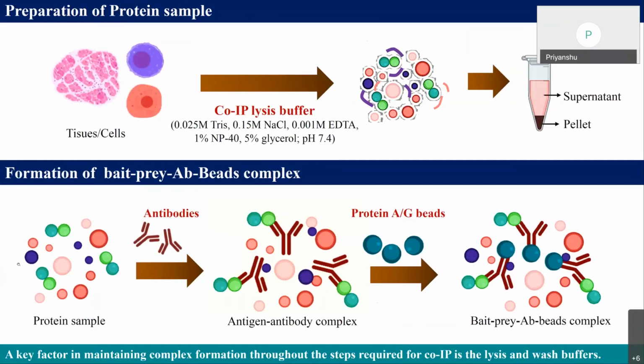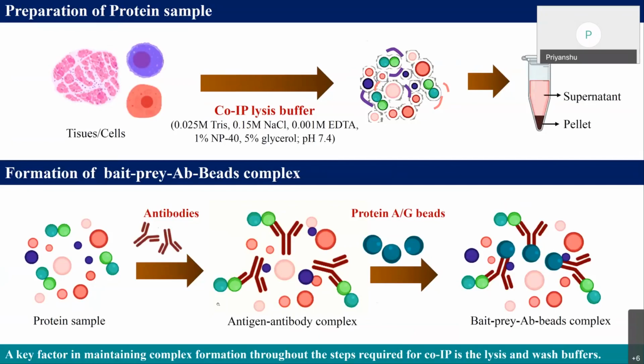After that, you incubate it with a specific antibody. Like here, you can say an antibody against X protein. The incubation timing is again an optimization step. If a particular antibody has high affinity to bind its antigen, the incubation time is shorter. But if the antibody binds the antigen with lower affinity, then you can increase the incubation time for more formation of the antigen antibody complex.